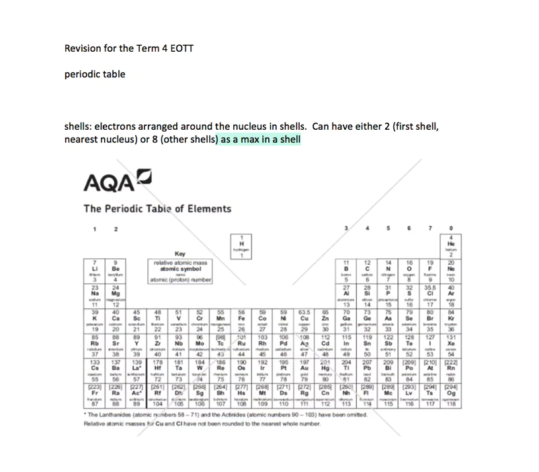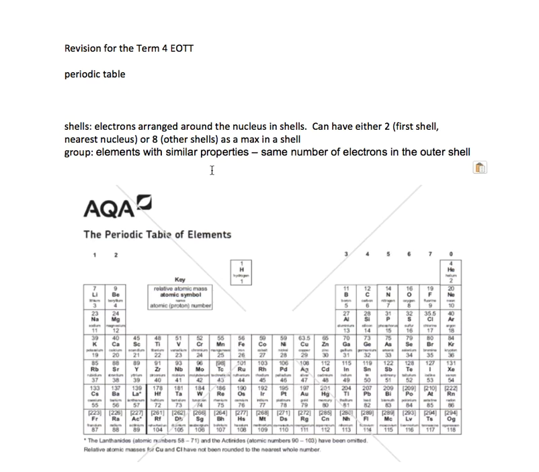And you have what I said about groups. And you have the reactivity increases going down group 1, decreases going down